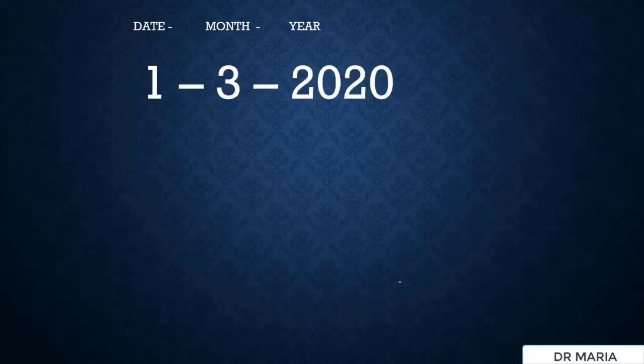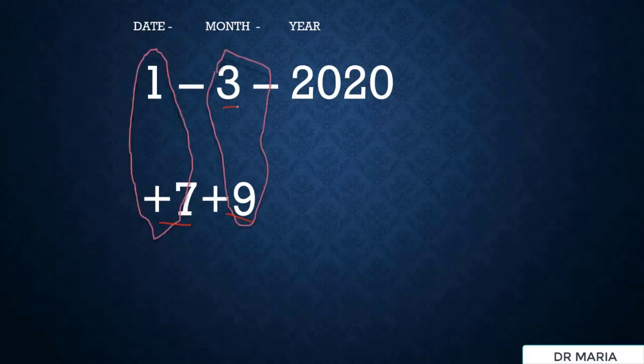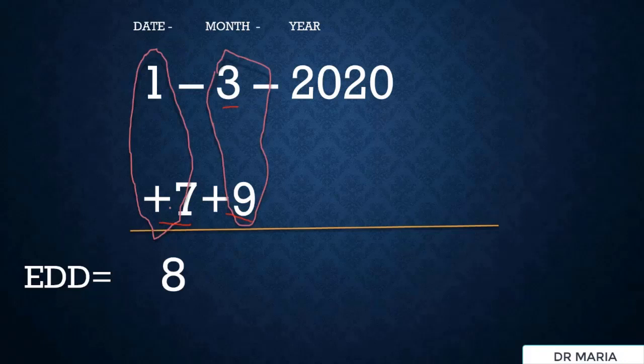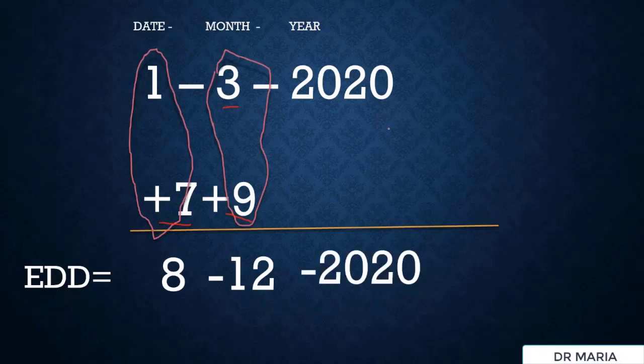Now, another example. For example, the LMP, meaning the first date of the last menstrual period of a pregnant lady, is 1st March 2020. By applying this rule, we have to add 7 in date and 9 months in month. So, what will be the EDD? 7 plus 1 is 8, and 9 months after March, the answer will be December. As December lies in the same year, the year will not change. So, according to the first rule, you can calculate EDD from a simple LMP.